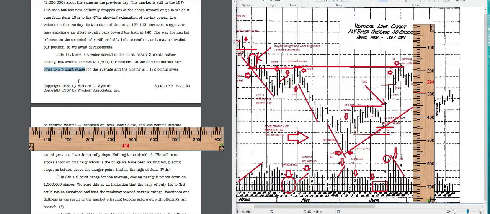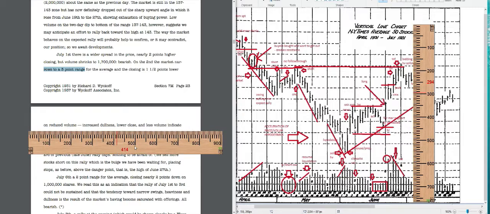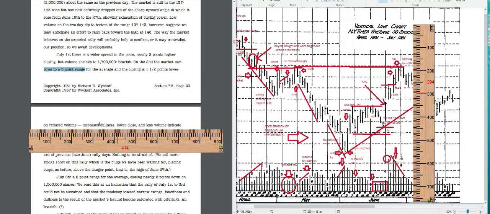That's not good for the bulls. And the close is 1.5 points lower. It's a lower close. Again, check for the bears, right? So the market, narrow range, low end close. The first one, if you can't say it's bearish, you would say it's not bullish. The second, low end close, you have to say that's bearish because it's a low end close, not a high end close. But then it says it's on reduced volume, and he interprets this as increased dullness, meaning